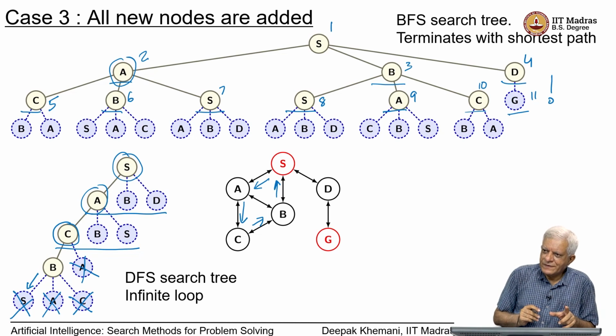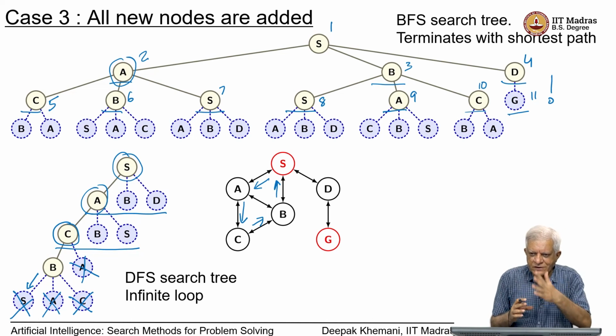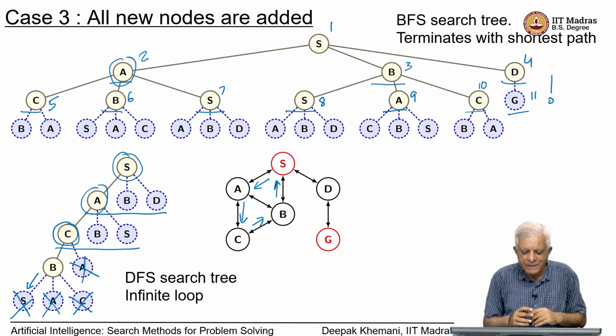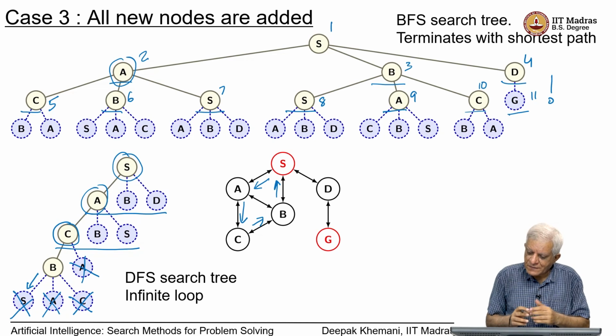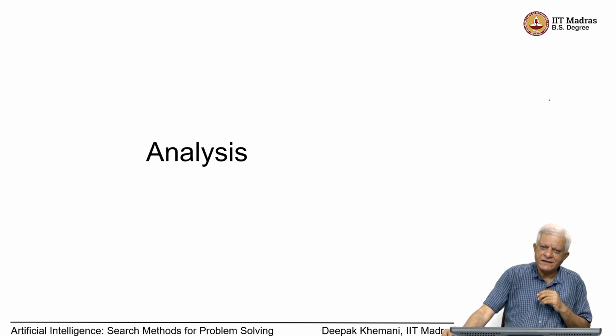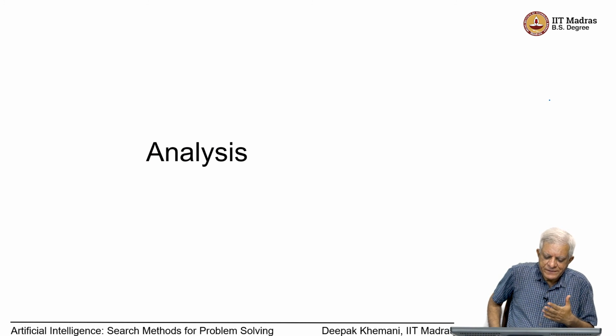That is a property of the fact that it is not impetuous like depth first search, it does not dive into the search tree that it is generating. It says, let me finish all the nodes that I have generated first level by level, and it finds a path to the goal node. So, that is an advantage of breadth first search over depth first search essentially. So, we will do this analysis in a little bit more detail in the next